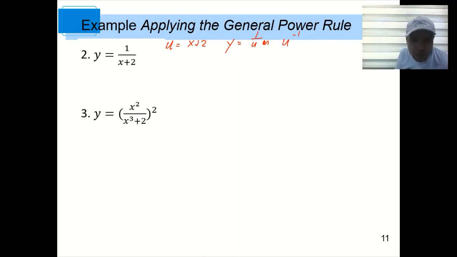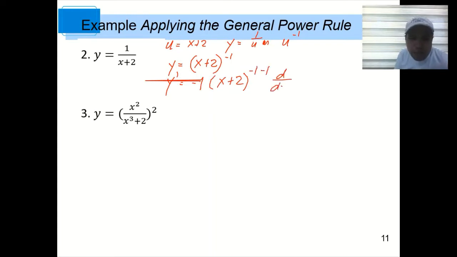So, from this will become y is equal to x plus 2 raised to negative 1. Applying the general power rule, that will be negative 1 times x plus 2, negative 1 minus 1 times the derivative of u, which is x plus 2. And eventually, we will get,